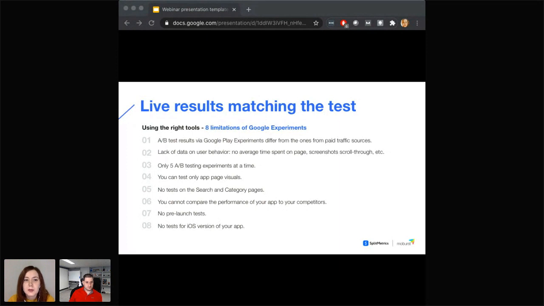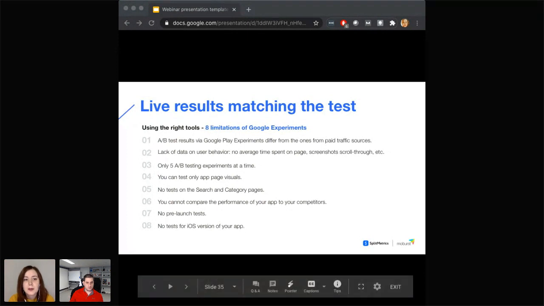So A/B tests via Google Play Experiments differ from the ones from paid traffic sources, like lack of data on user behavior. There's no average time spent on page and no screenshot scroll through, etc. Also, there are only 5 A/B testing experiments available at a time, and you can test only app page visuals. Also, there are no tests on the search and category pages, and you cannot compare the performance of your app to your competitors. Also, there are no pre-launch tests, and surely you cannot test your iOS app in Google Play